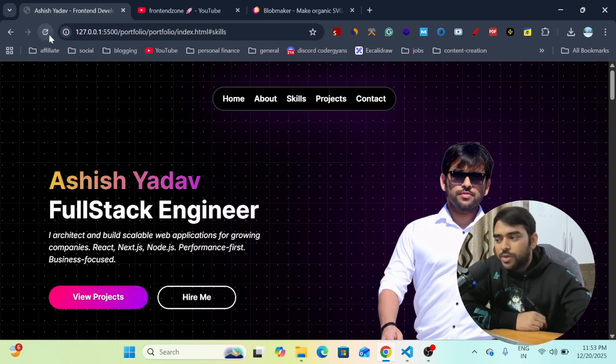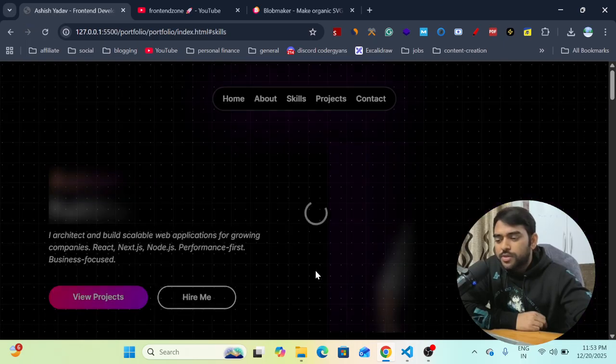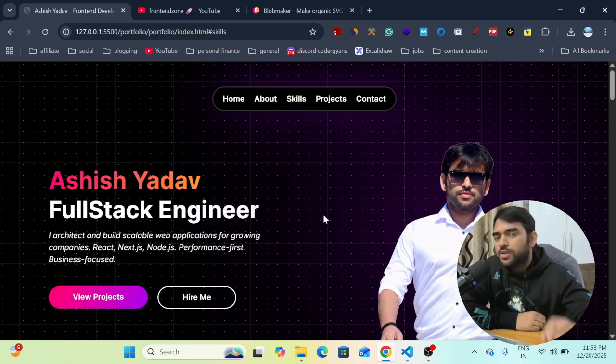And this loader animation is very simple. This loader is just a div, and we have